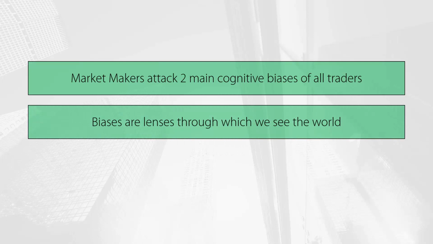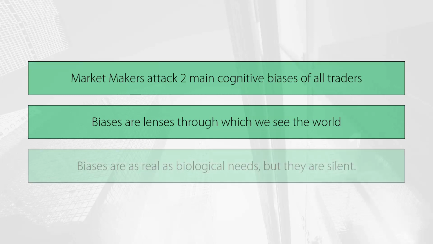These cognitive lenses are automatic to all human beings and they precede our personality. All human beings walking the earth at this moment have a wide array of cognitive biases without any exception. These cognitive biases are as real and engraved in our minds as the fact that we feel hunger, for example. They are incredibly deep, and they are also the evolutionary solution to very old problems faced by our ancestors.